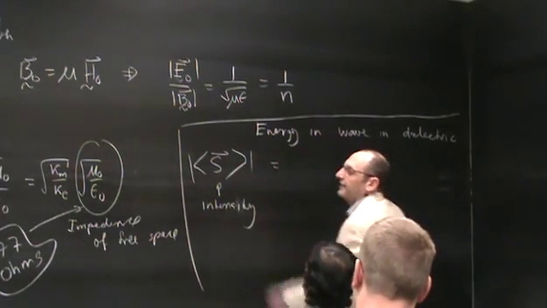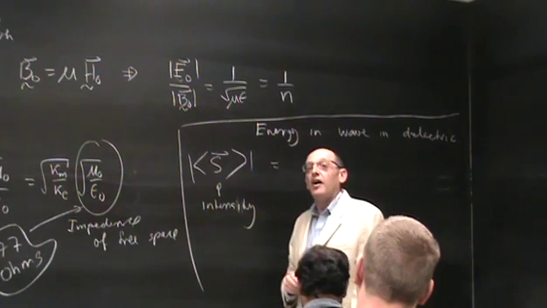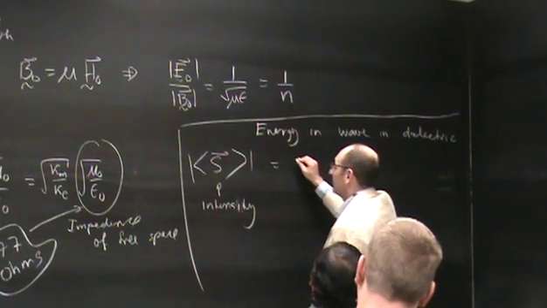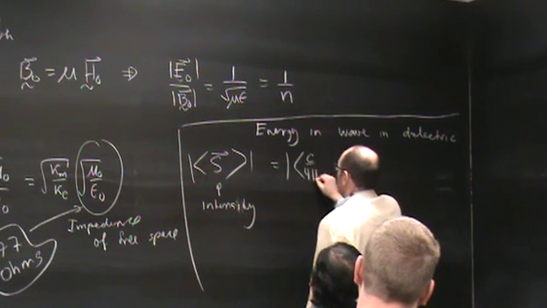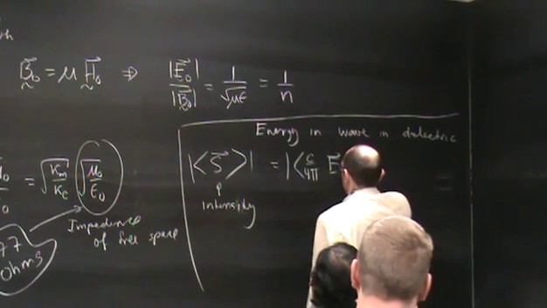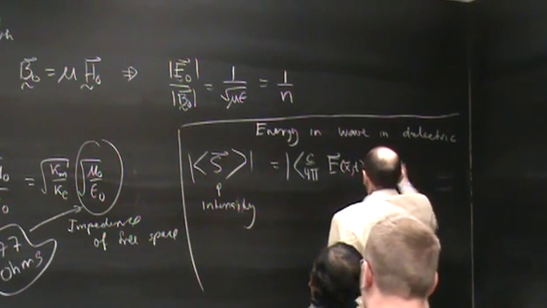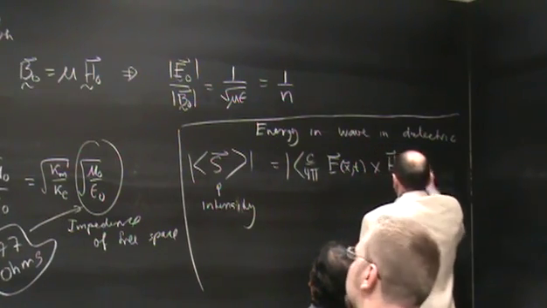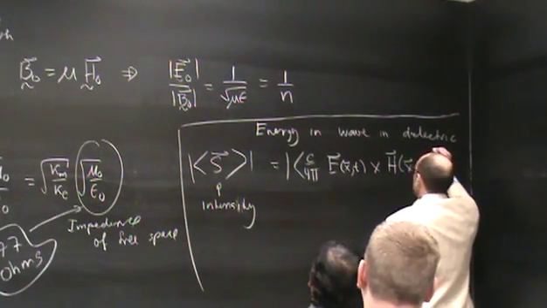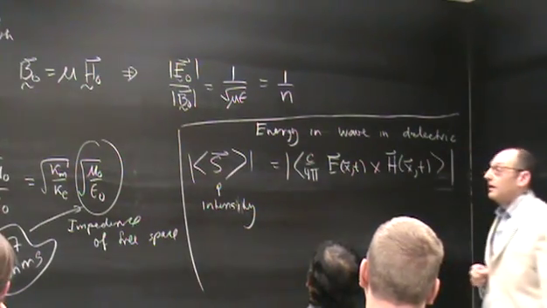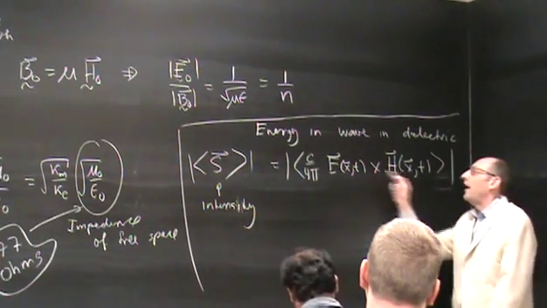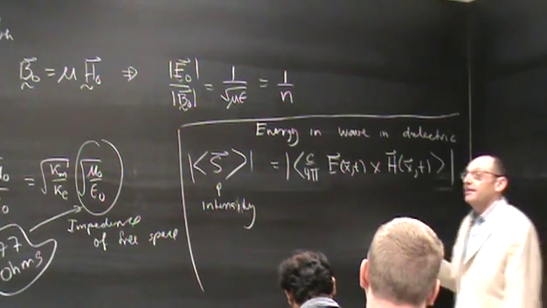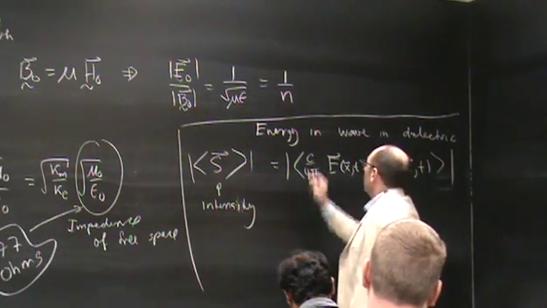And we know how to take the time average of a product of functions. This is the time average of E cross H. According to our lovely theorem, if both of these oscillate at the same frequency, then this is equal to